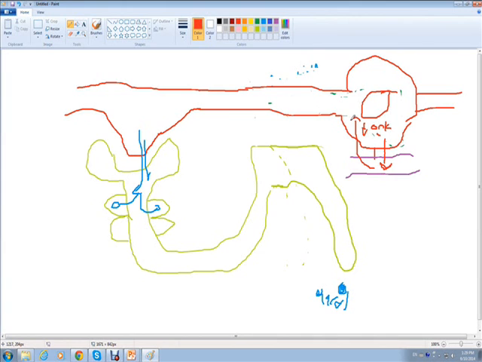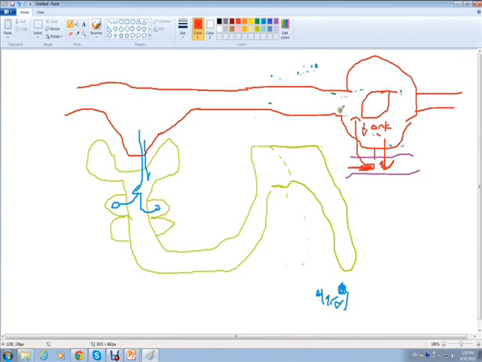Because hydrostatic pressure is normal, the fluid will be pushed normally, but oncotic pressure is low. So a lot of the plasma fluid will stay in the tissue,